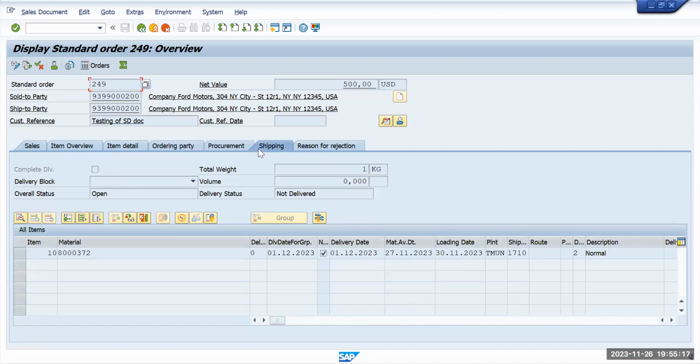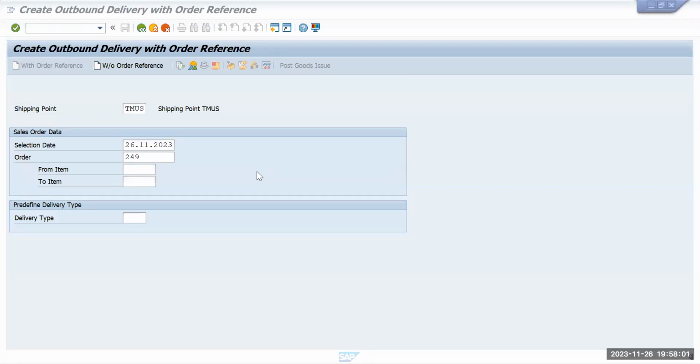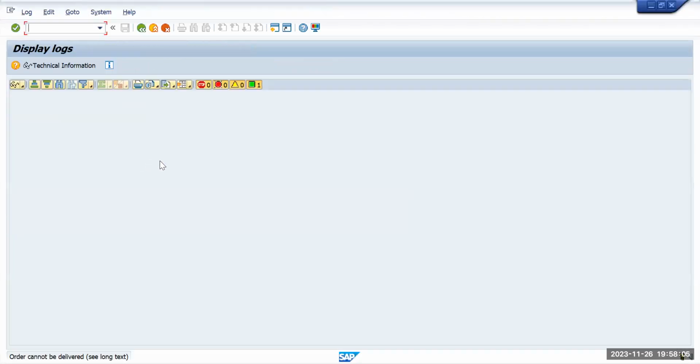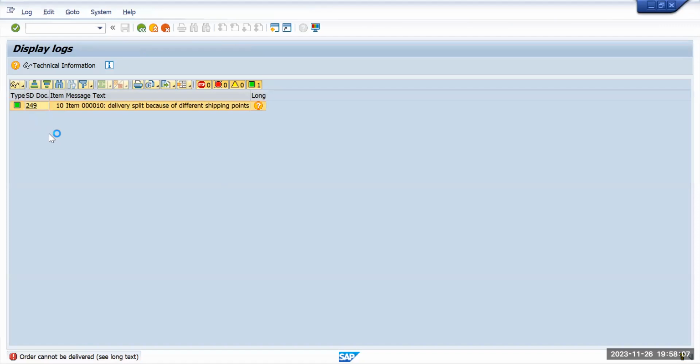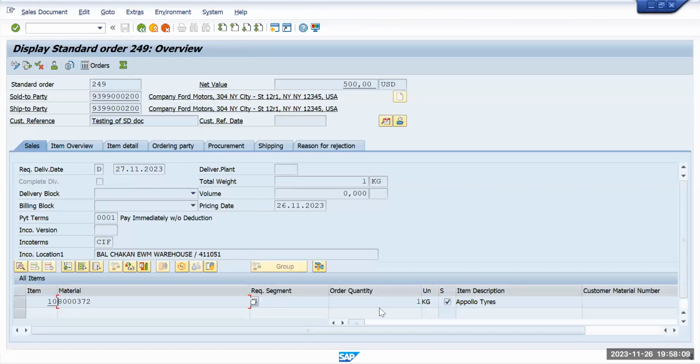Shipping. Yeah, let's see. And press enter again. So double click on this one. When I double click on this one, what I observe is, if I go to the right hand side of our document,